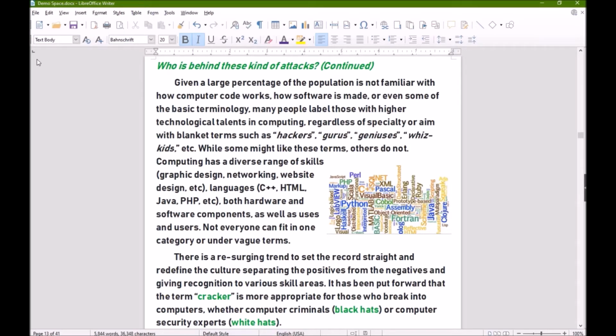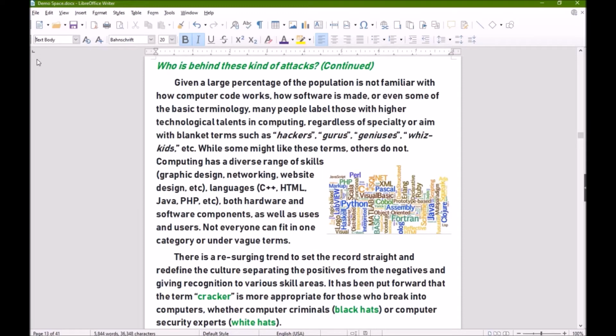Computing has a diverse range of skills, from graphic design, networking, and website design, to languages like C++, HTML, Java, PHP, and more. There are both hardware and software components, as well as many different uses and variety of users. Not everyone can fit in one category or under vague terms.